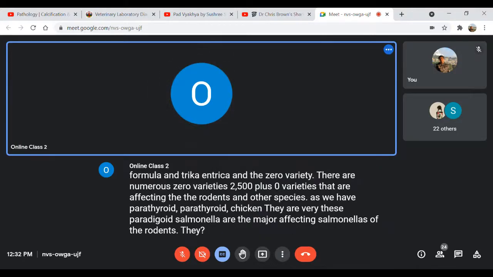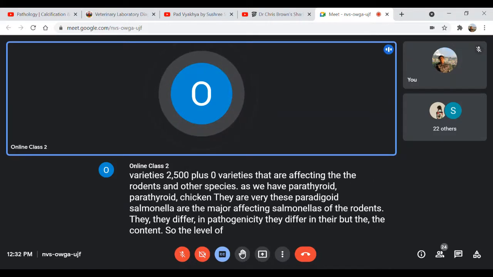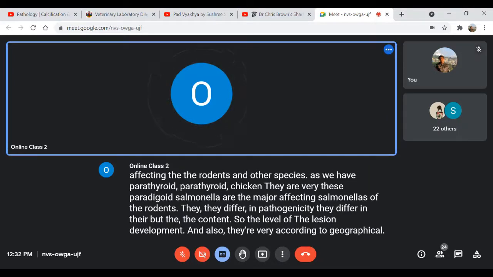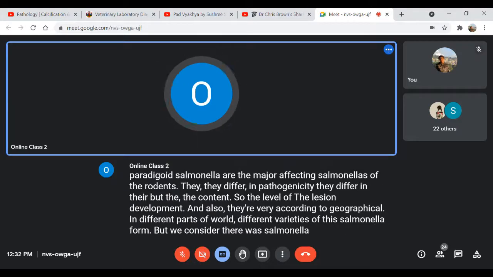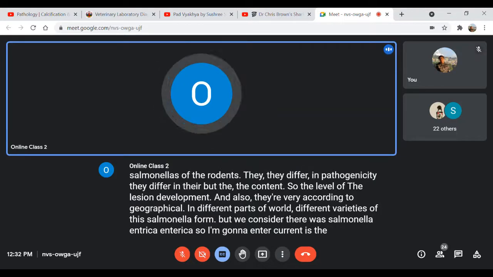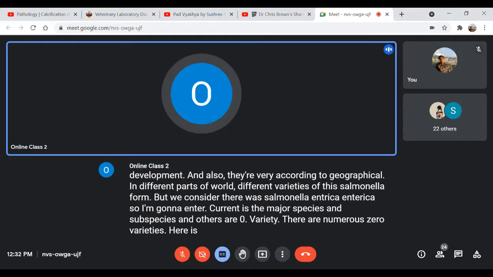They differ in pathogenicity, in the level of lesion development, and also they vary according to geographical distribution. In different parts of the world, different varieties of Salmonella are found. But we consider them as Salmonella enterica, the major species and subspecies, and the others are serovarieties, say Salmonella enterica enteritidis, Salmonella enterica typhimurium,